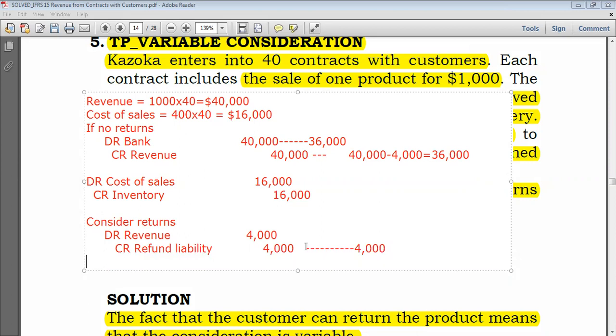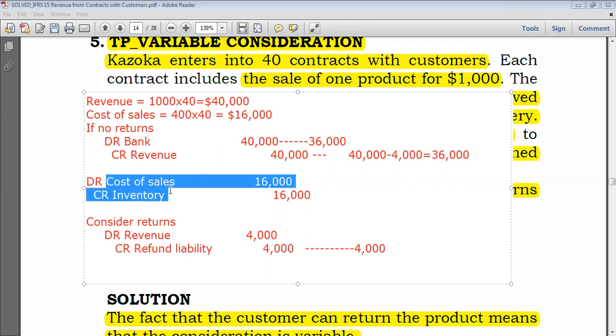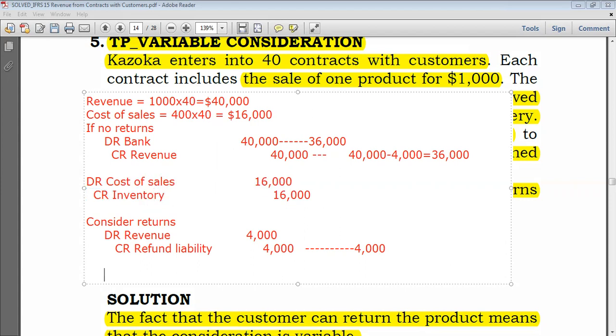Now let's finish up with other explanations in the question. Cost of sales, this one. Goods have been returned for 4,000, but the goods returned had a cost of 400 each. There are 4 goods which were returned. So 4 times 400 gives 1,600. Having 1,600 means that I would also have to revert this cost of sales. I would have to remove from cost of sales the inventory that I initially sold. So I would have to credit my cost of sales by 1,600,